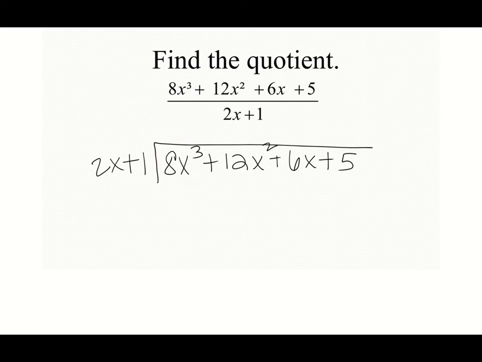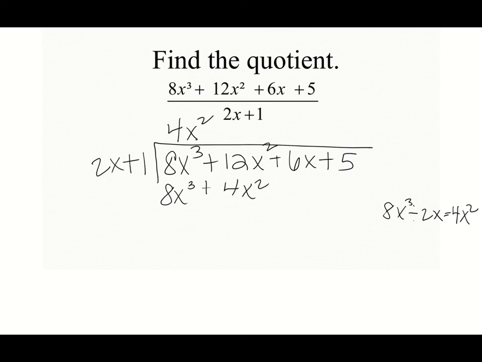with is 8x cubed. So if we think, all right, what is 8x cubed divided by 2x? Think of your numbers and your variables separately. So 8 divided by 2 is 4, and x cubed divided by x is x squared. So that's what's going to go on top here, and that is what we're going to multiply by. So 4x squared times 2x is 8x cubed, and then 4x squared times 1 is 4x